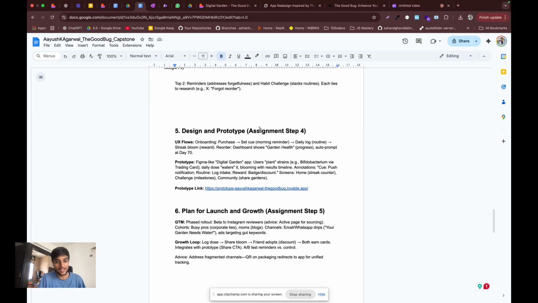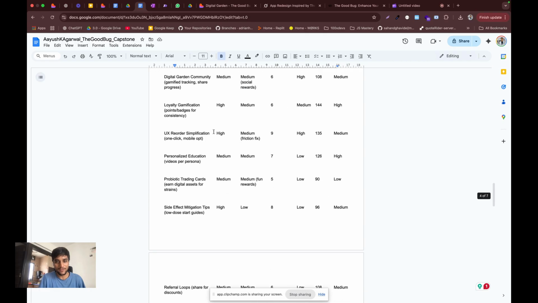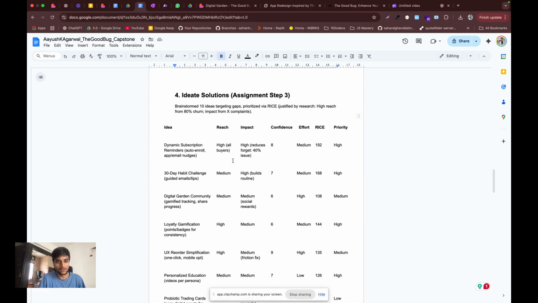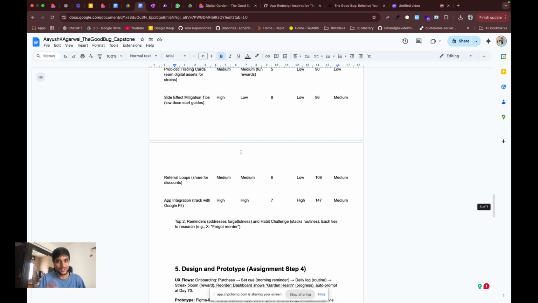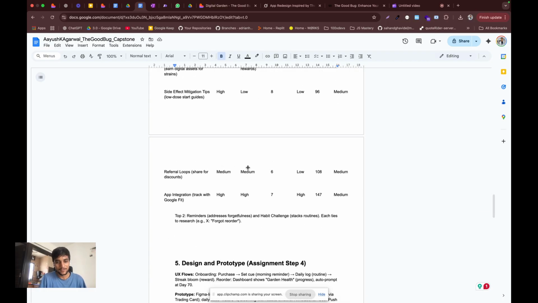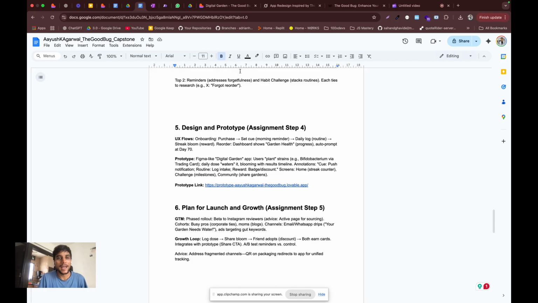So the solutions are fine. We know all of those, and some of them combine when we get to the app part: design and prototype, like UX flows and onboarding. Let me show you the app part.